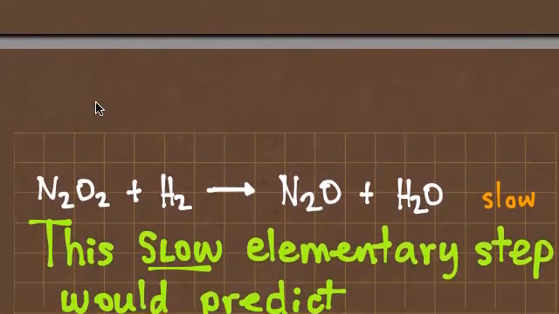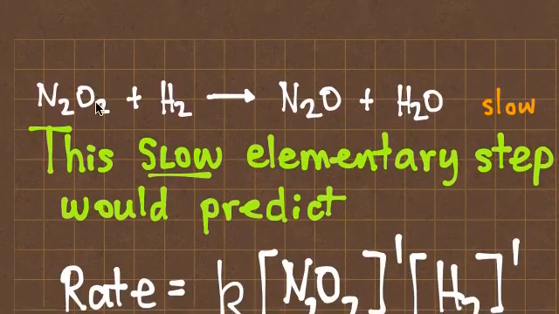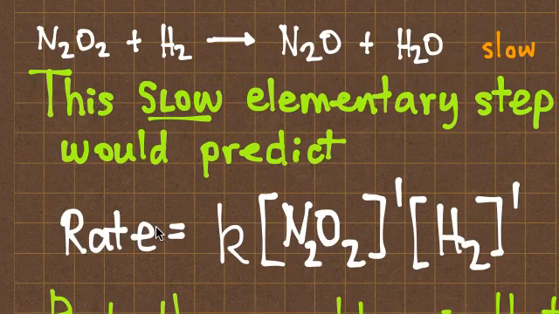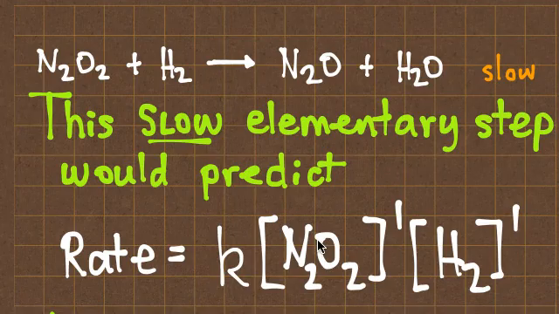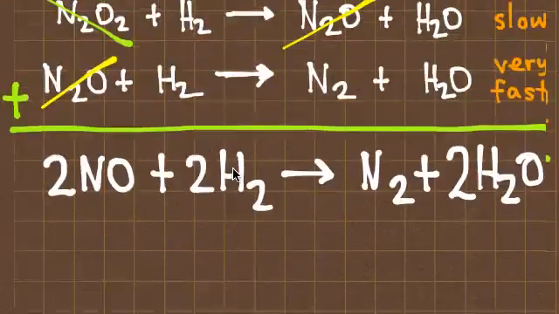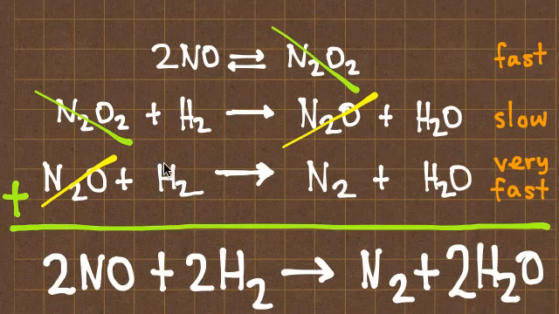But there's a problem. And the problem is this. Well, here's the slow step. So I wrote this to the first power and this to the first power. Cool, no problem. But the problem is this N2O2 species, this thing right here. I could not really measure it easily in the beginning or the end because it's an intermediate. If we look back up here briefly, I see the N2O2 canceled here and here and doesn't occur here anywhere. So since this species is not really in my overall reaction, I cannot really include it and easily measure it